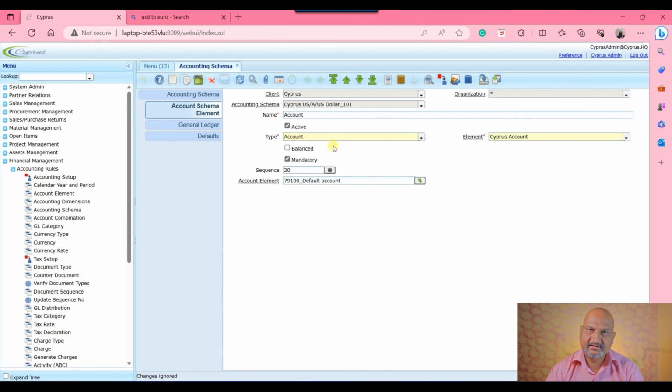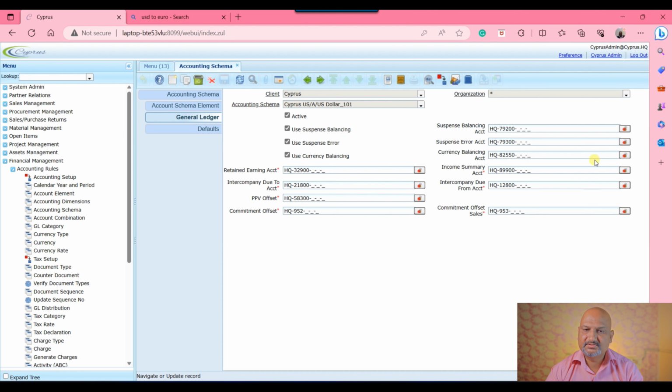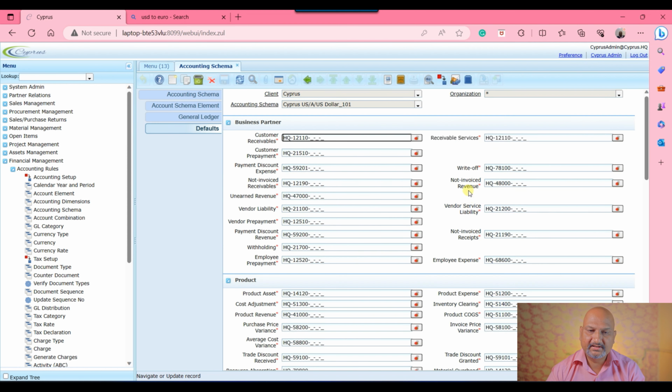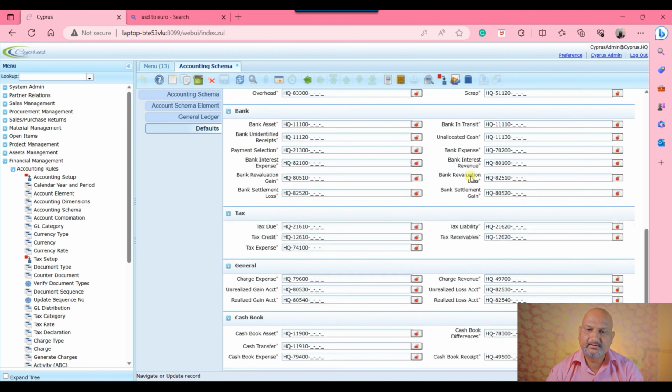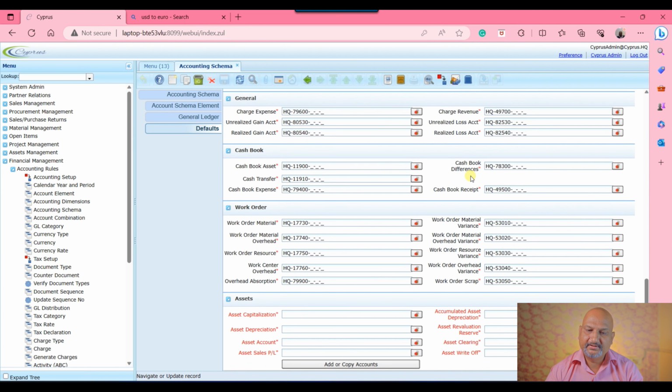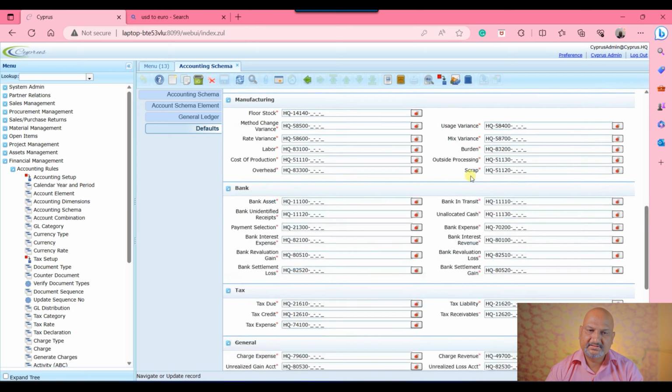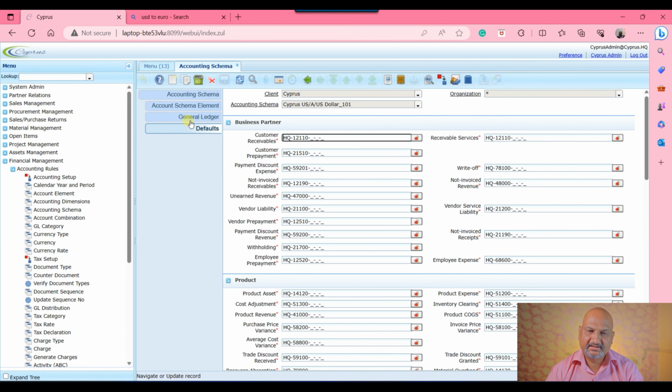One of the elements here is the chart of accounts. Which chart of accounts is applicable for this accounting schema has to be selected, and based on that the general ledger codes would be enabled at this particular level. And similarly the default accounts, if you figure out that the default accounts and the other things are not up to the mark and you want to update them, then you would be able to update them. Once it is updated and saved, thereafter